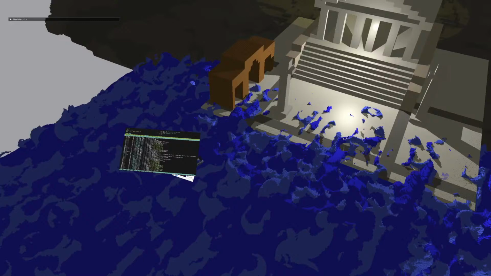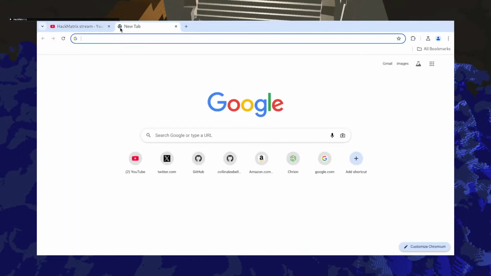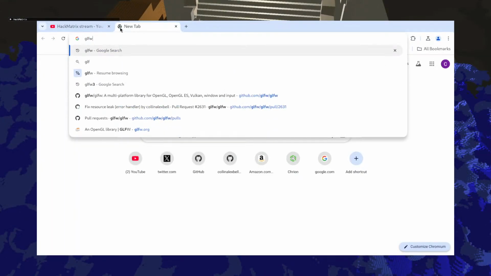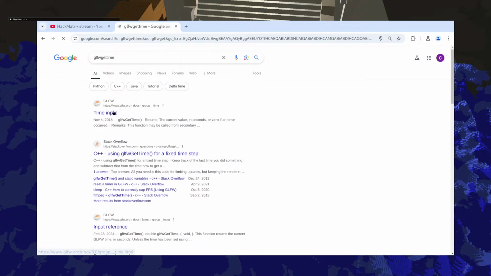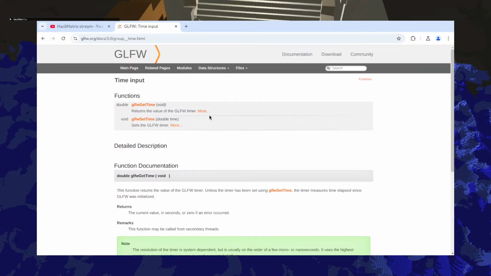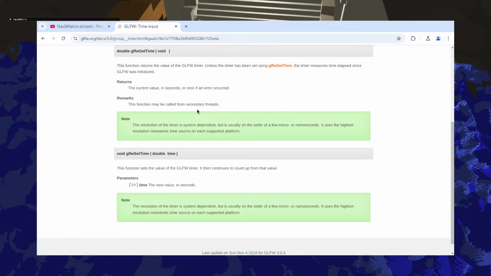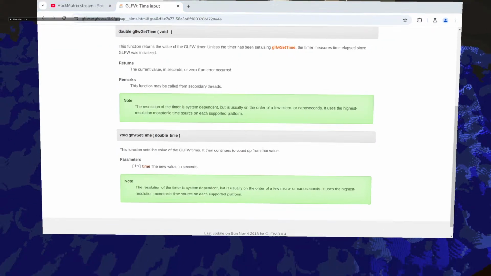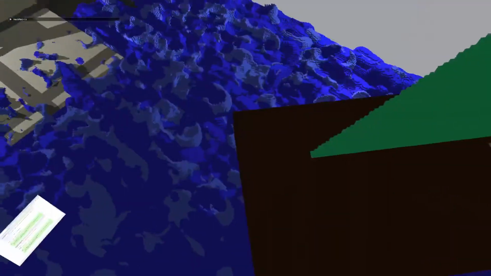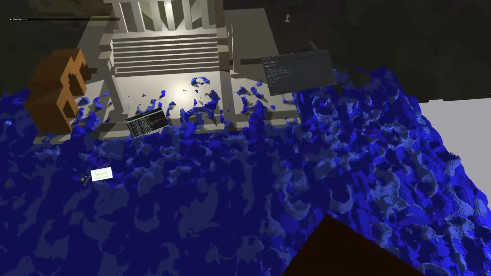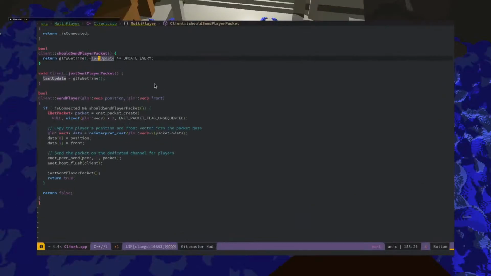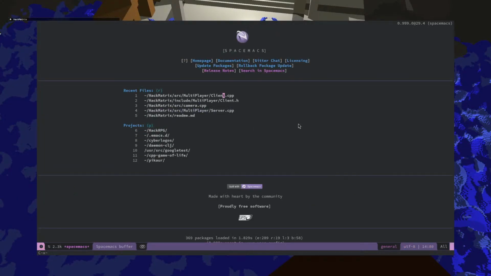What I was going to check though is GLFW get time. So this returns in seconds. Okay. So then 1 divided by 20 is what it should be. So maybe let's just update every, I think 5 a second's probably decent. Maybe.